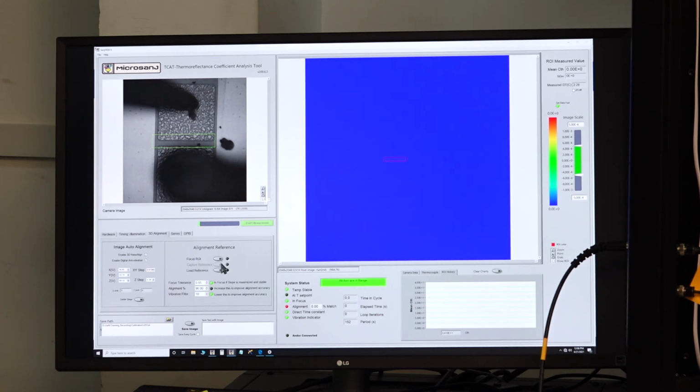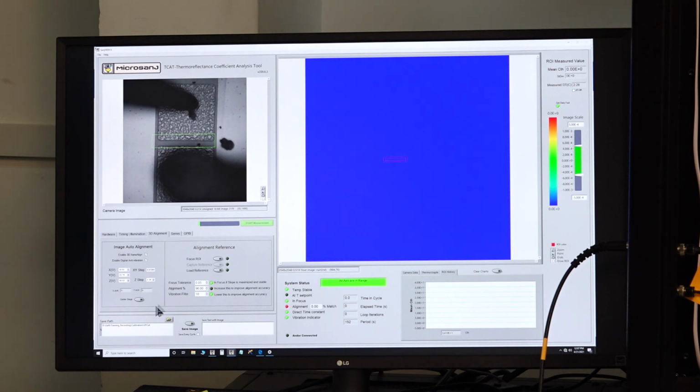The next thing that we do is a very important step, which is the alignment step. In this, you can see the left portion shows image auto alignment. Remember, in the first step when I was explaining the components of the project manager software, I had talked about enabling the 3D nano align. So this is aligned, and you can see the X, Y, Z numbers are constantly being updated. This shows that the stage is trying to adjust to whatever vibration it is receiving. So this live feedback has to be enabled for proper measurements.